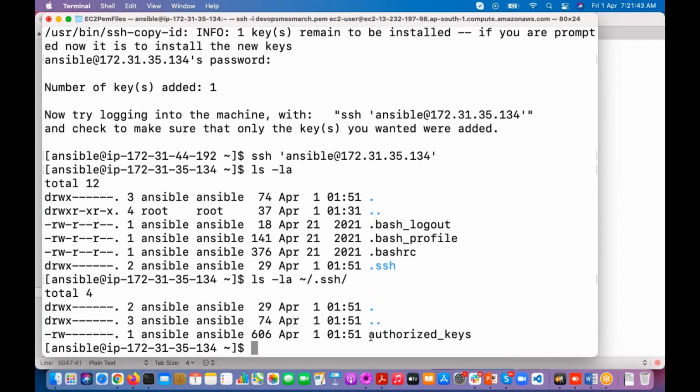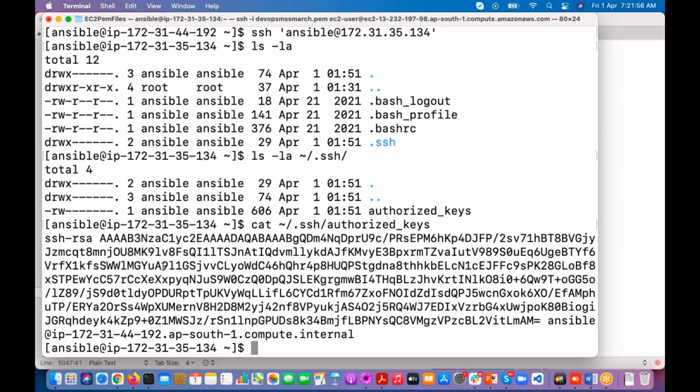If you observe here, authorized_keys. This is the file which contains the public key. Whatever we have copied, that public key, it is going to create this file and copy it there.